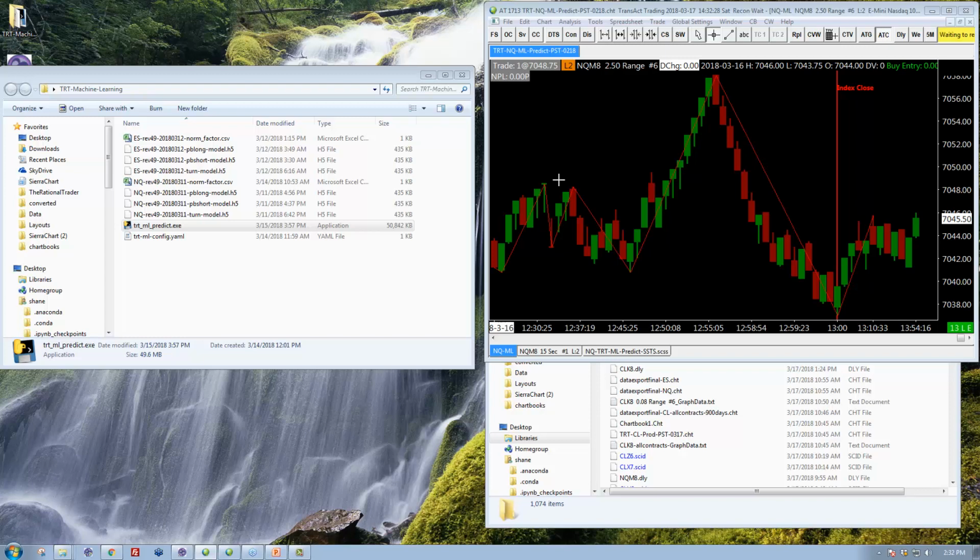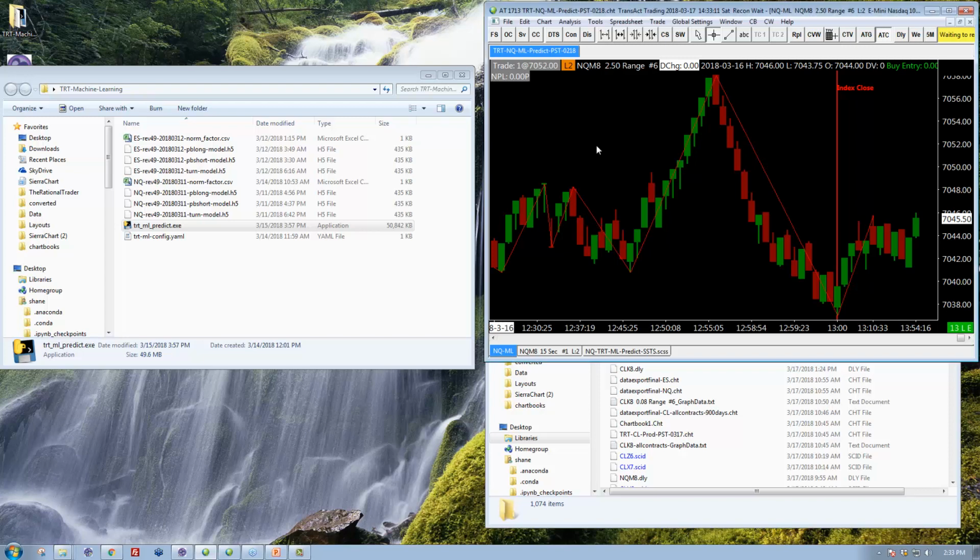I'm looking at questions. Are you going to model separately for inventory report day versus the rest of the week? No, I'm not. There's just not enough data, Brian. The thing to do is take the model and then do replays on it for Wednesday and see how it behaves. Now, the system has an ability to stop trading at certain times that you can specify. All right, it's not completely